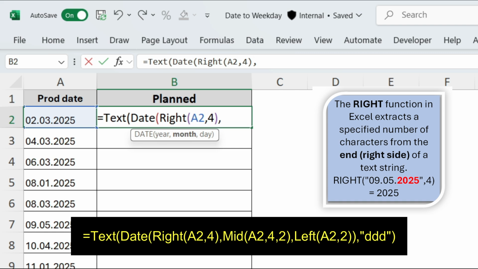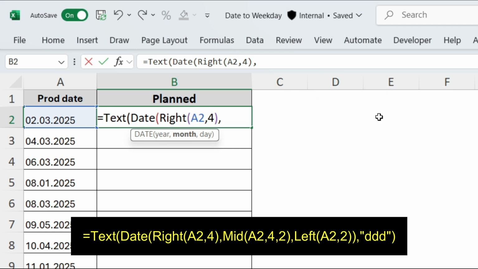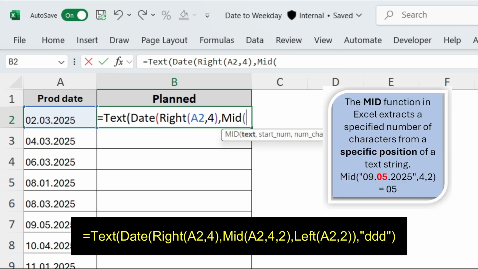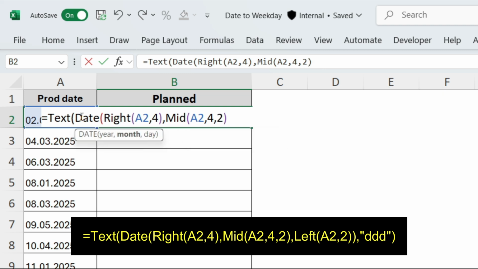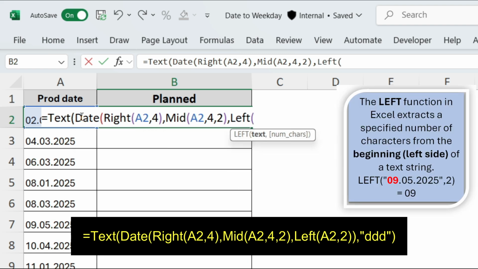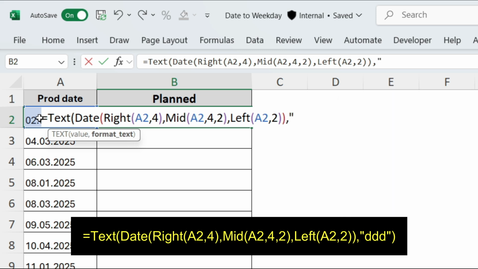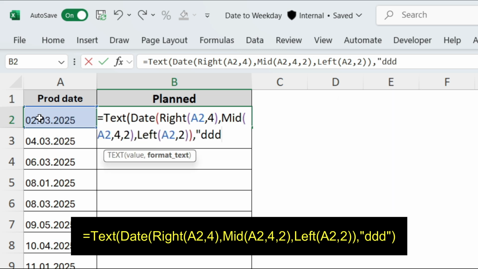comma. To get the month, type MID, opening parenthesis, select cell A2, comma, starting position is 4, number of characters are 2, closing parenthesis. Now to get the day, type LEFT, opening parenthesis, select cell A2, comma, 2 for the first two characters, closing parenthesis for LEFT, closing parenthesis for the DATE function, comma, type D three times within double quotes to